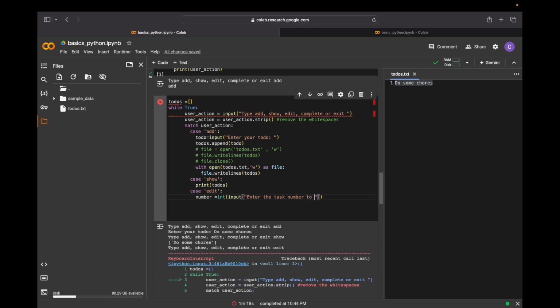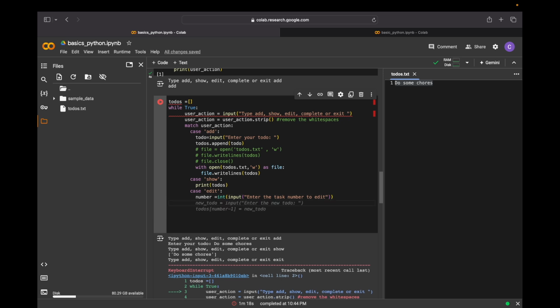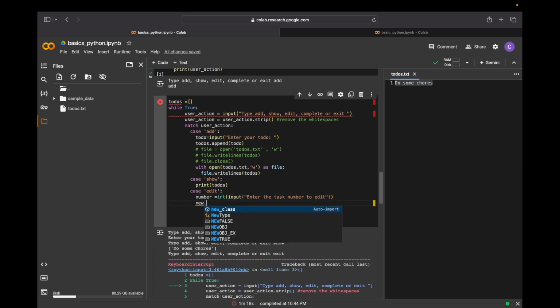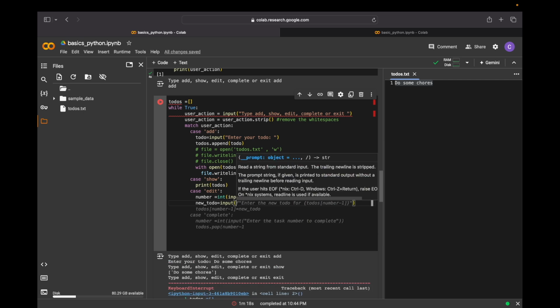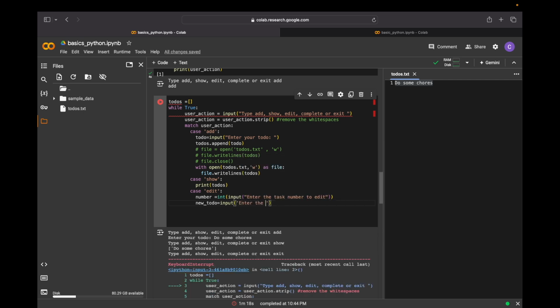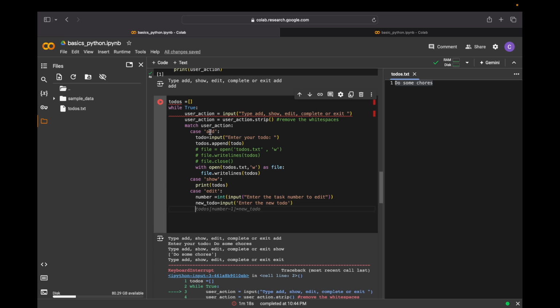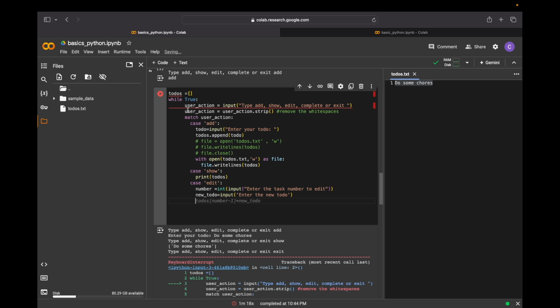Enter the task number to edit. Now new to do equal to new to do. Now remember, this is a list, right? To dos is a list. So